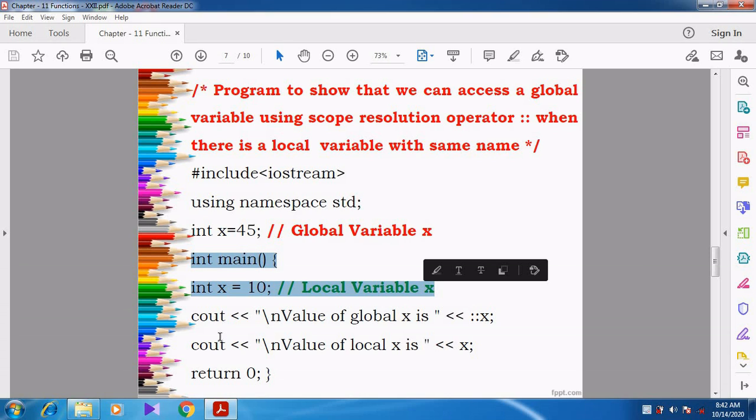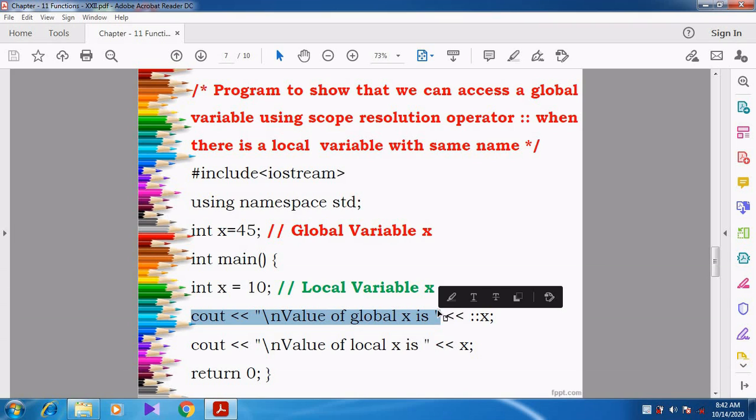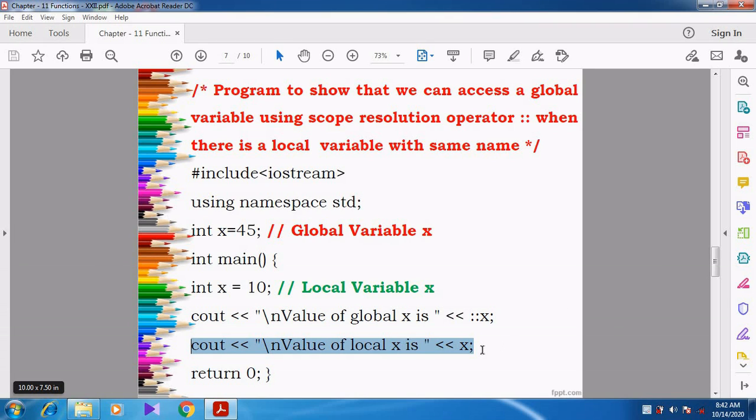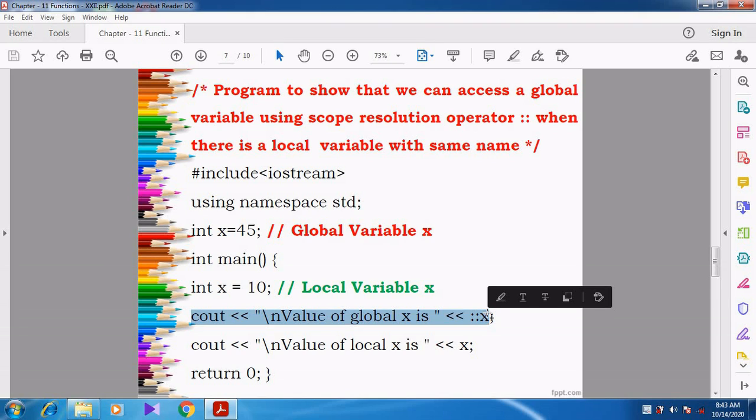Now see here, if I print cout x, straight away printing x alone, then what will happen? Whatever variable is declared inside the main function, that variable's value will be printed. If I want to access the global variable, they are using the scope resolution operator.